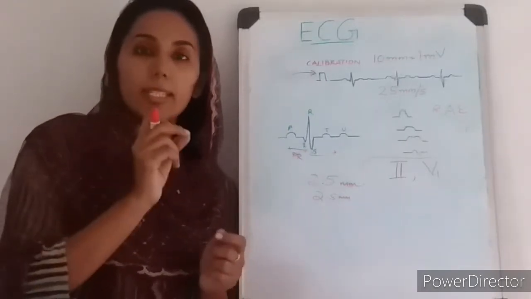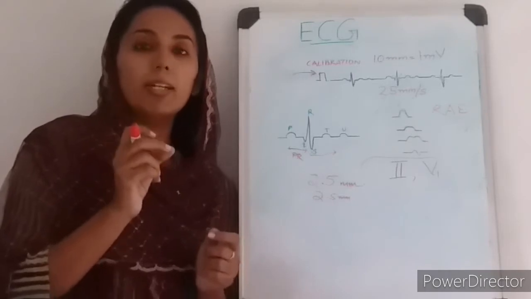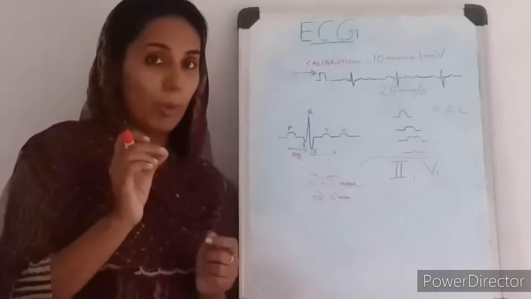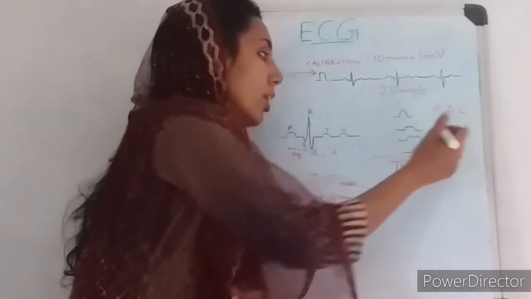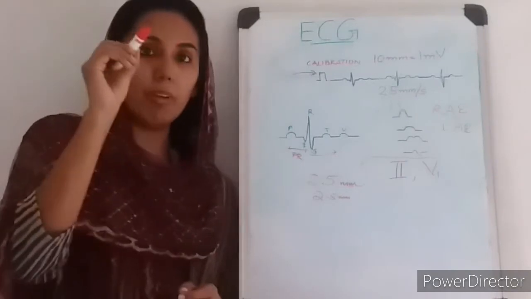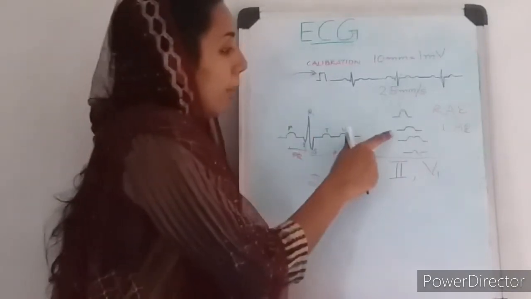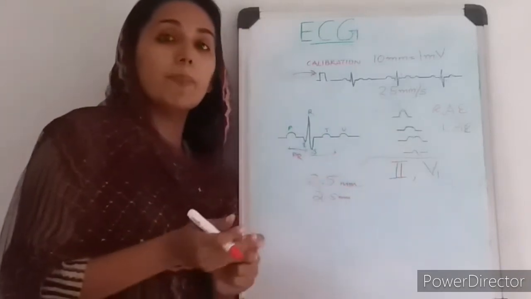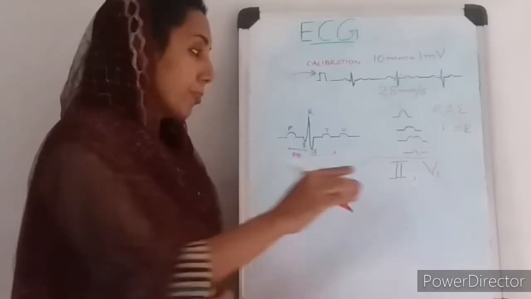Widened P wave means the P wave normally covers 2.5 squares, but this one crosses more than 3 small squares. This is seen in case of left atrial enlargement. You may even get a bifid pattern, a bifid P wave, also an M-type wave. The M-type wave is this. It is P mitral, seen in mitral stenosis, again because of left atrial enlargement.